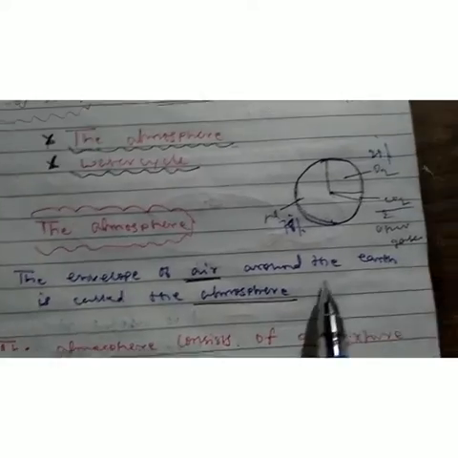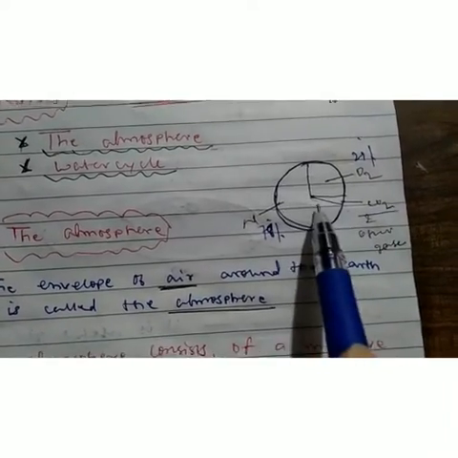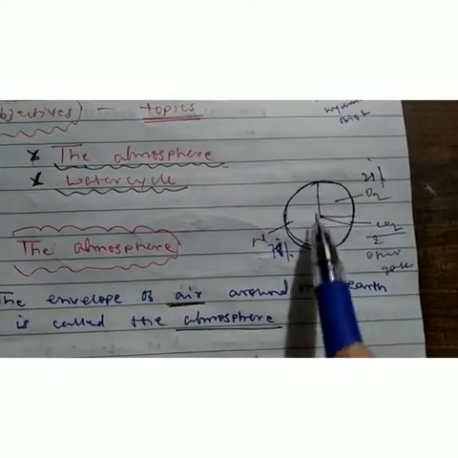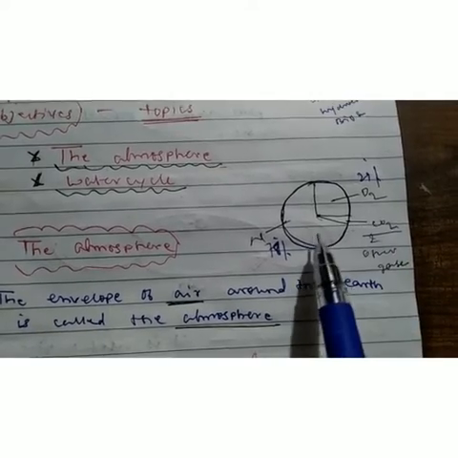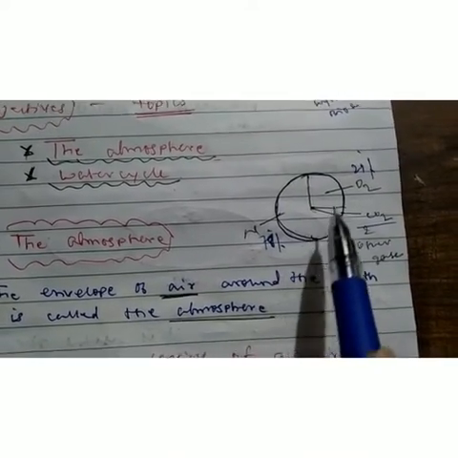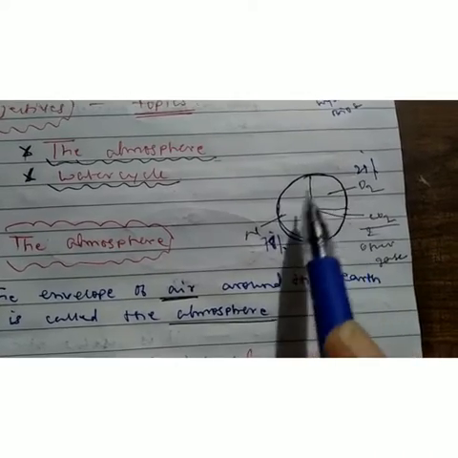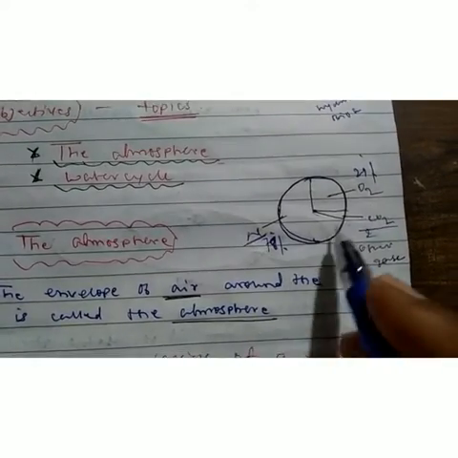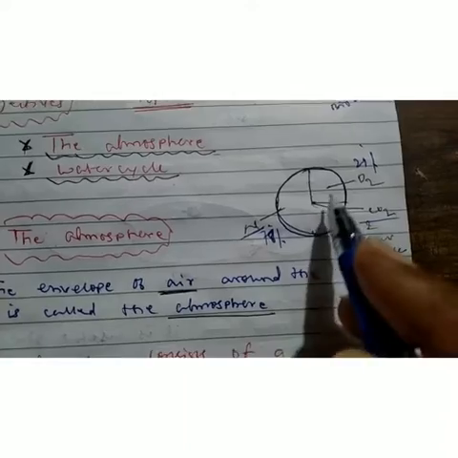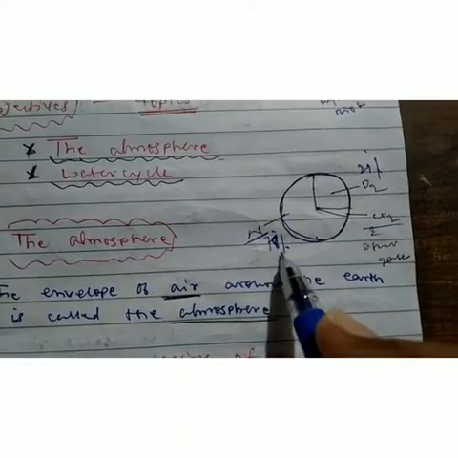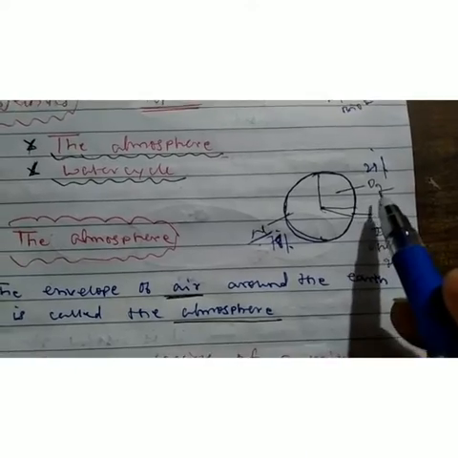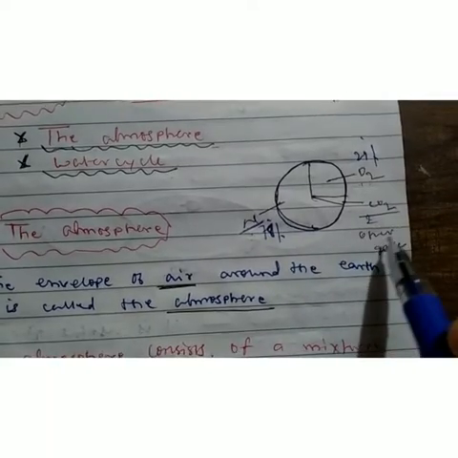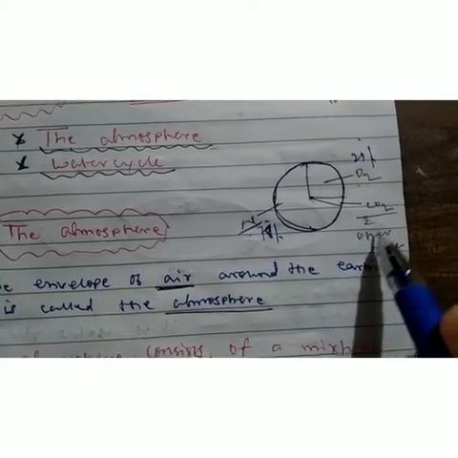First, suppose this is the earth in a circle. Now you know that the round shape earth is there, and we had seen how much land is there and how much water is there. Yesterday we had seen that. Now in this shape we also see that the air is there overall. Out of this air, 78% is nitrogen. Whatever the envelope of the atmosphere on the earth, the whole atmosphere, out of this 78% is nitrogen, 21% is oxygen. Oxygen means O2, nitrogen means N2, and the other 1% is other gases: carbon dioxide, water vapor and many other gases.